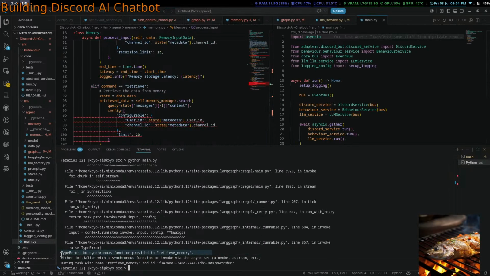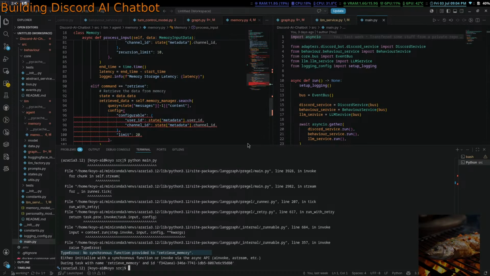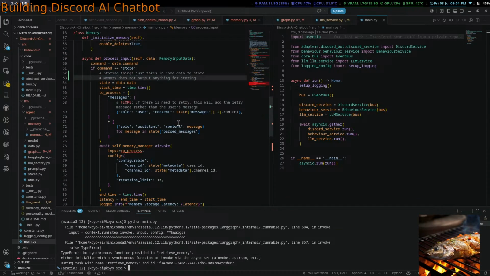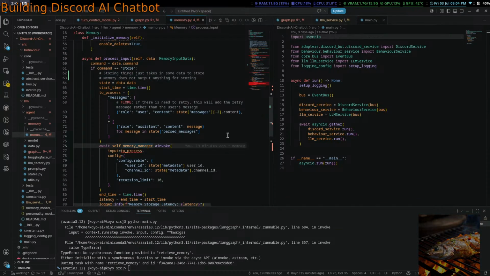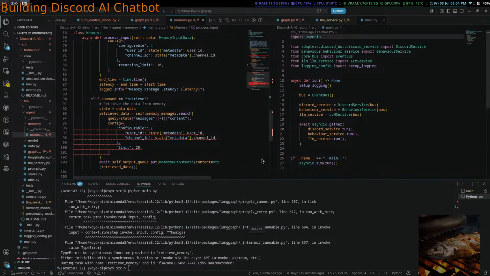No synchronous function provided to retrieve memory. Retrieve memory. Okay. So what is going on?